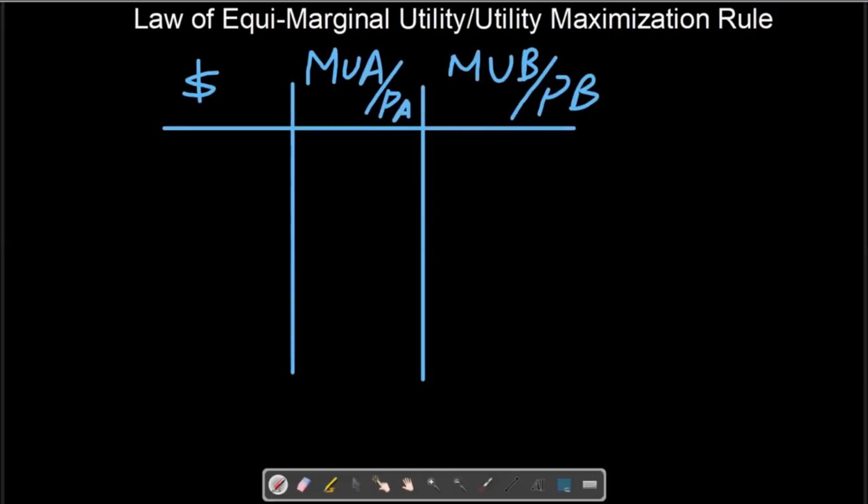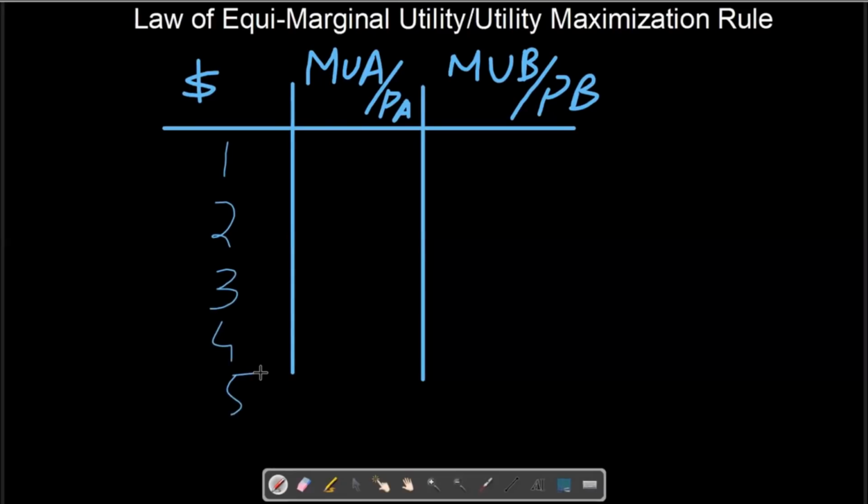For example, a consumer has $5 income, and he can spend his total income on product A, and he can also spend his total income on product B. As per this schedule, we can see how much total satisfaction he can obtain from product A and product B if their prices are given. For example, total income is $5: $1, $2, $3, $4, and $5 income.